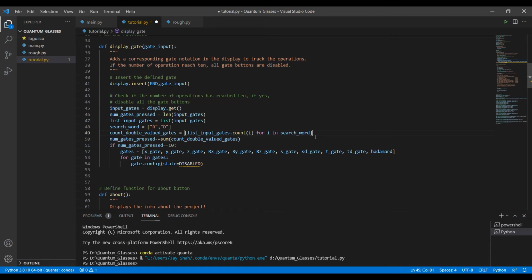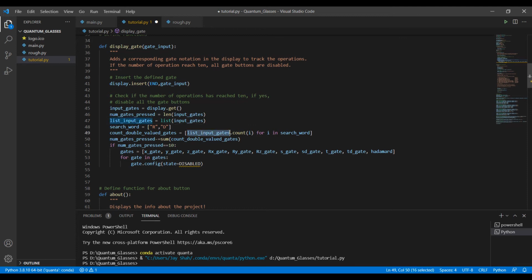Remember, we also had lambda, which was a neat way of working with a function. Similarly, here list comprehension is a neat and simple way of working with for loops and corresponding list operations, right? So, for i in search word. Remember, we had this list search word, and now using this for loop we are traversing through it. At the very first instant, this i would have the value of R, this character that you can see, right?